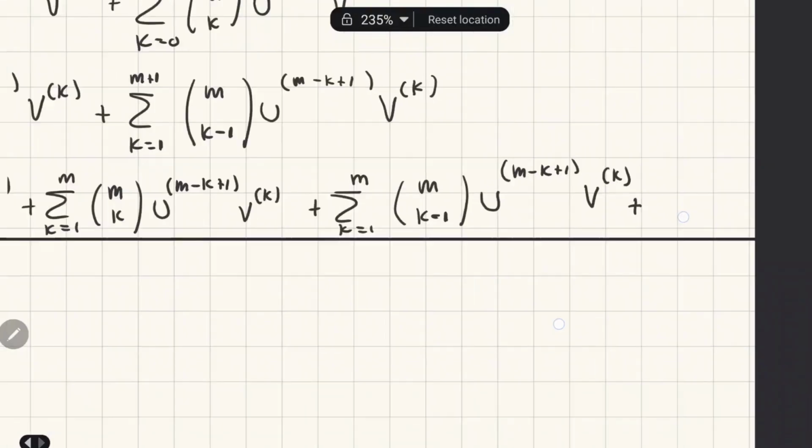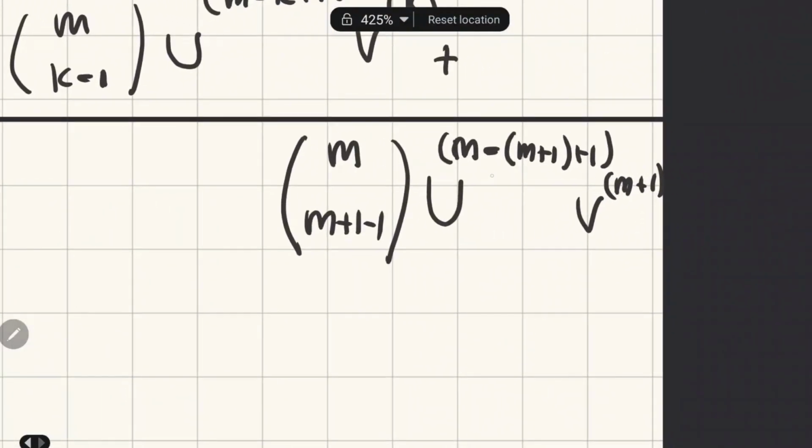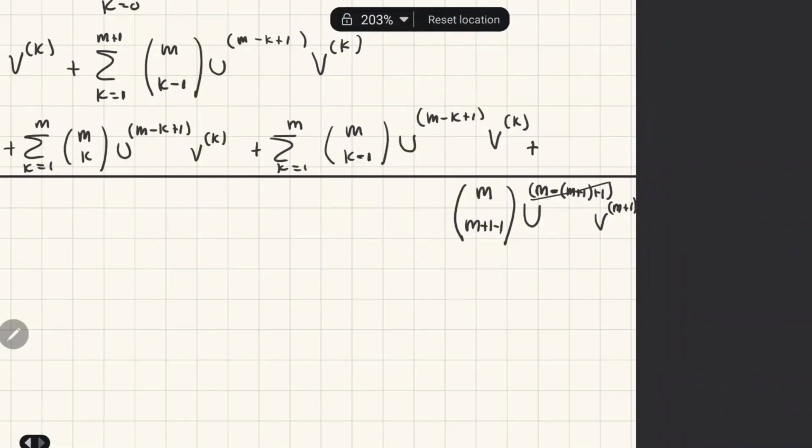So it will be plus m choose m plus 1 minus 1, u to the m plus 1, actually m minus m plus 1 plus 1, and b to the m plus 1. So notice something. This is 0, right? And we have m choose m here. So this is only b to the